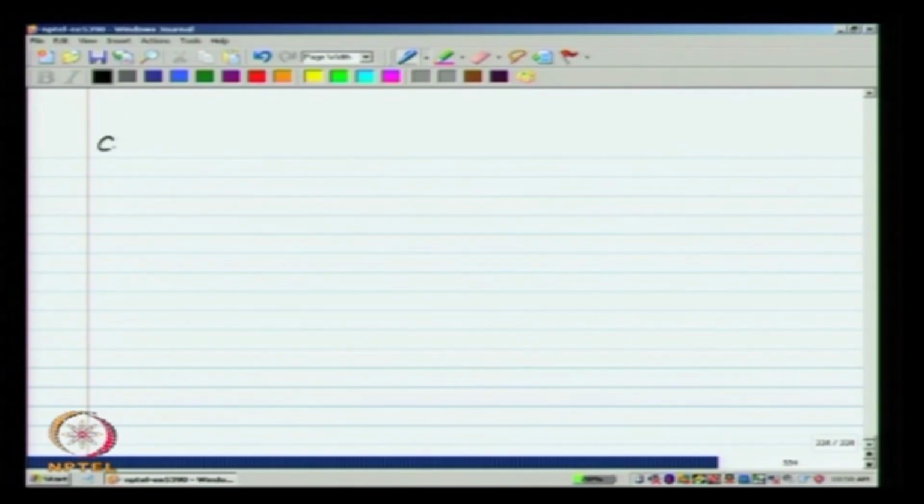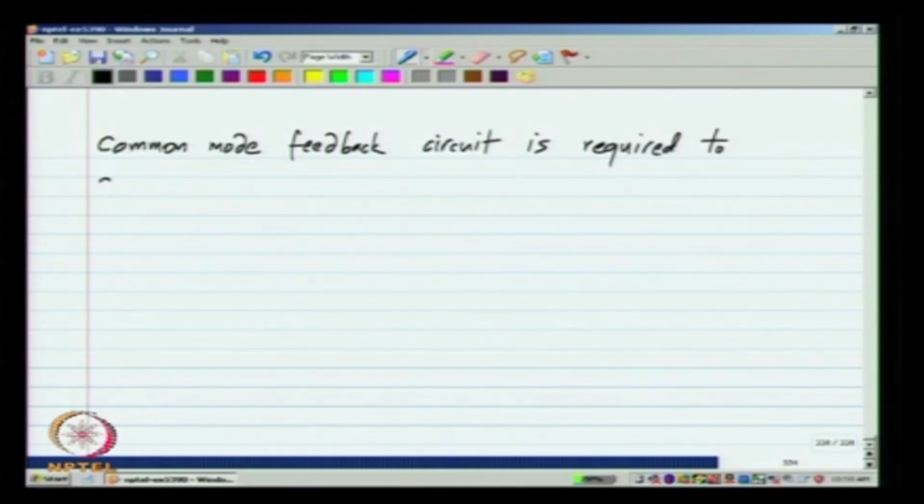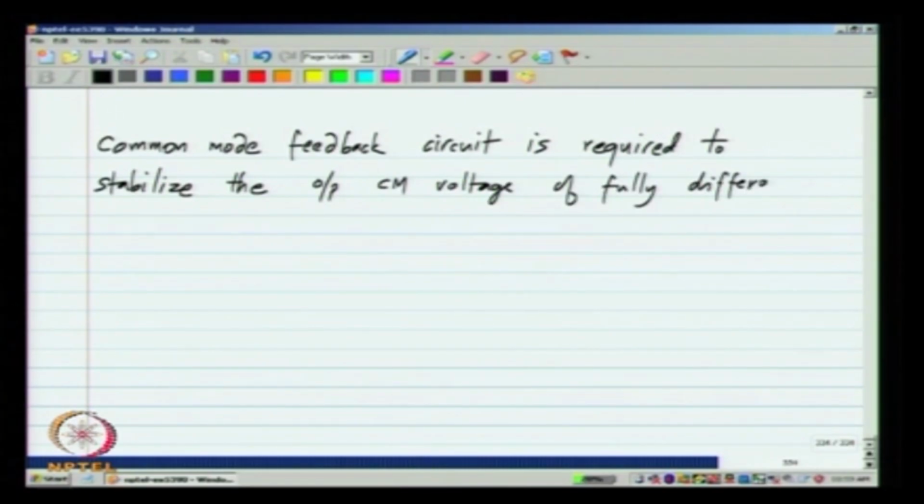So, in summary, the common mode feedback circuit is required to stabilize the output common mode voltage of fully differential circuits. Okay. Common mode feedback circuit consists of